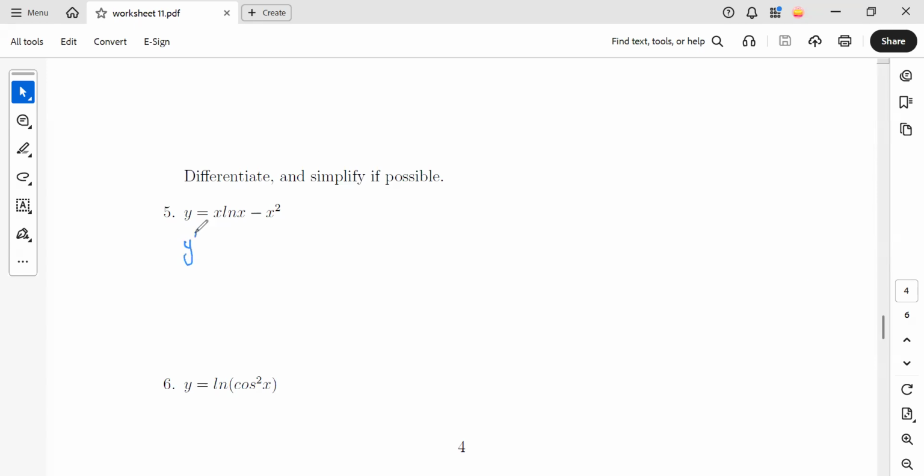So the left part is y prime, or dy/dx, because y is in terms of x, equals copy the first one, derivative of the second one, plus copy the second one, derivative of the first one,